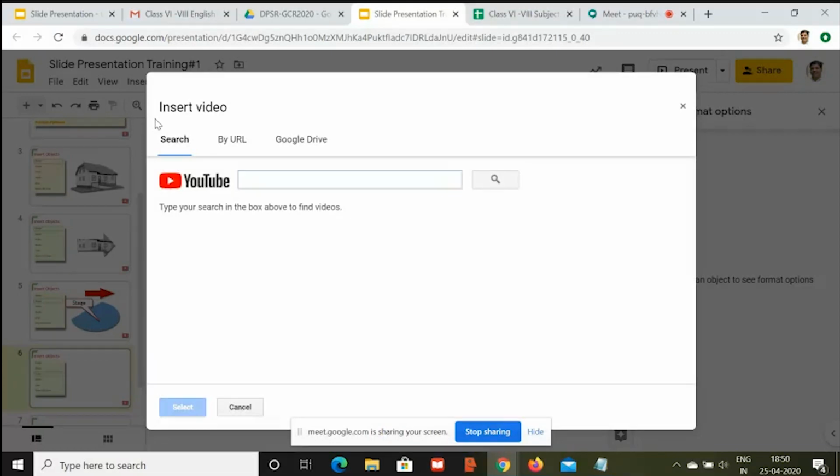Now, there are two ways we can insert a video. Either we have a URL or we have Google Drive content of video, right? So if you don't have a URL, you don't have Google Drive content as video, you want to look for it, then you have a YouTube search available here itself.